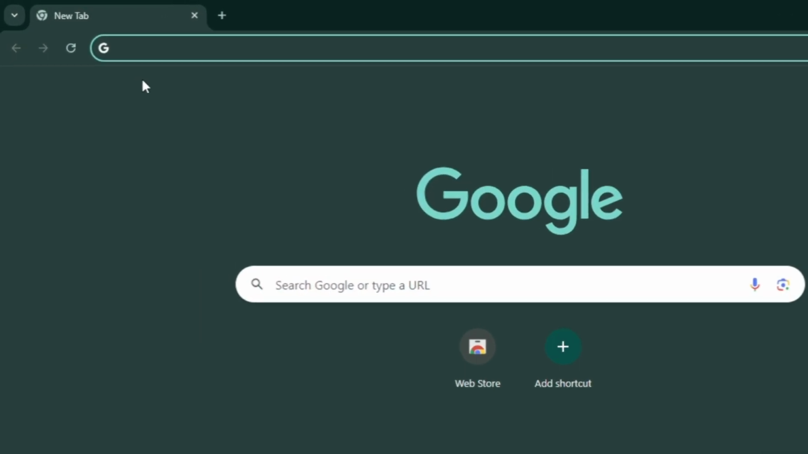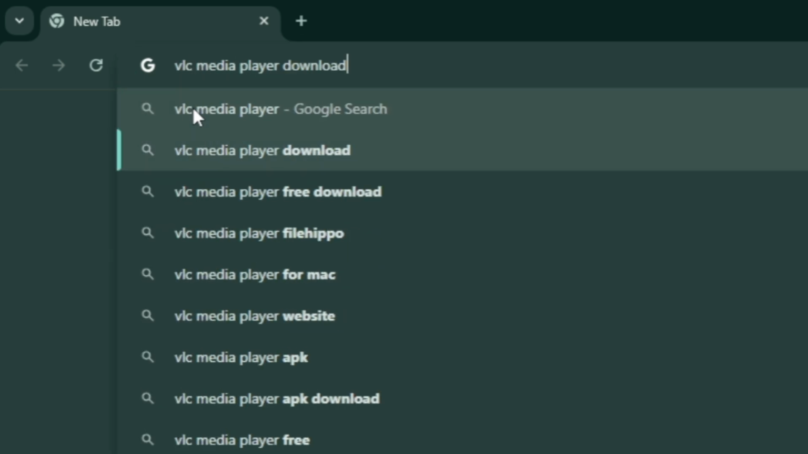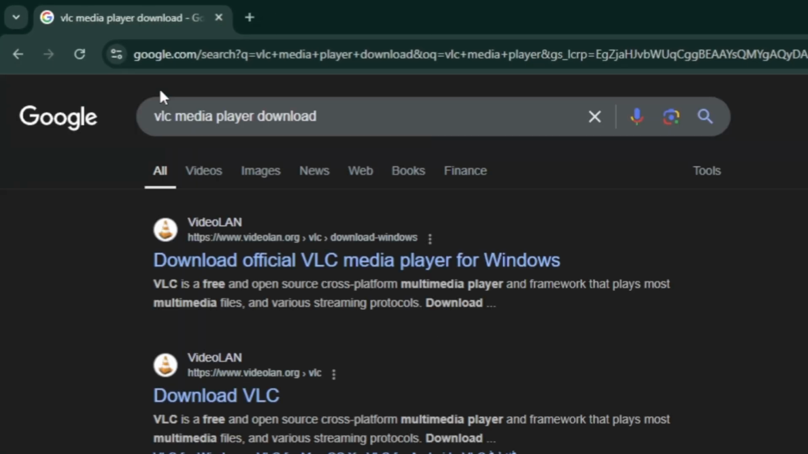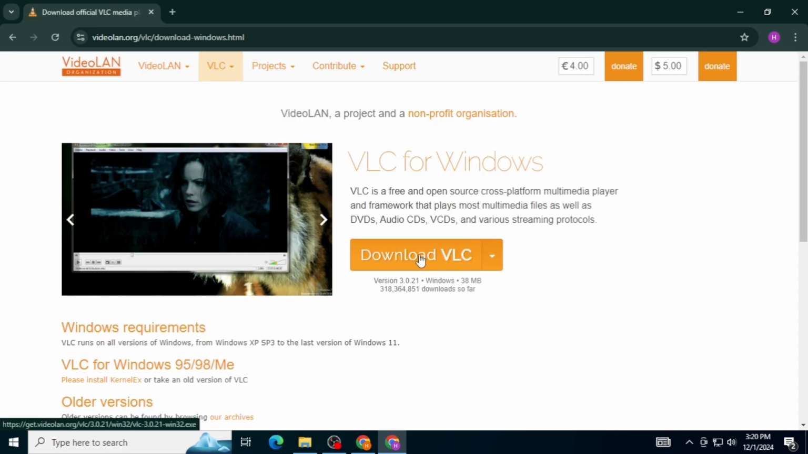First of all, open up your Chrome browser and search for VLC Media Player Download, and open this first official website, videolan.org. Also, I will provide this site link in the description. Then tap here on Download VLC,